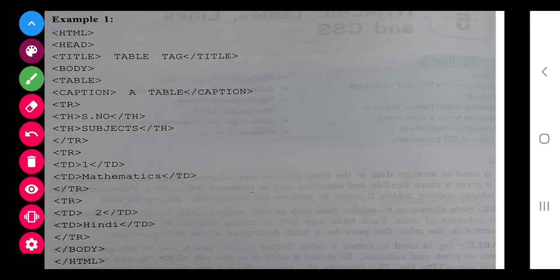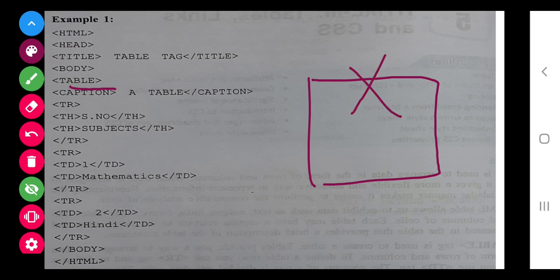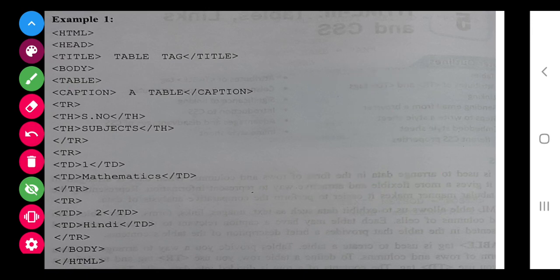So class, I have finished with this. Next is another program for you to practice. In this program also, now let's analyze the output, how the output will come. Class, see, they have used table but not the border, so lining of the border will not come. So how will it come?